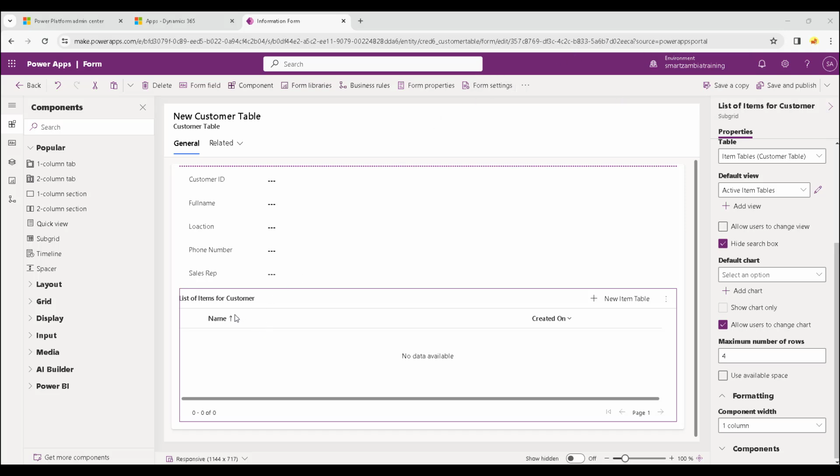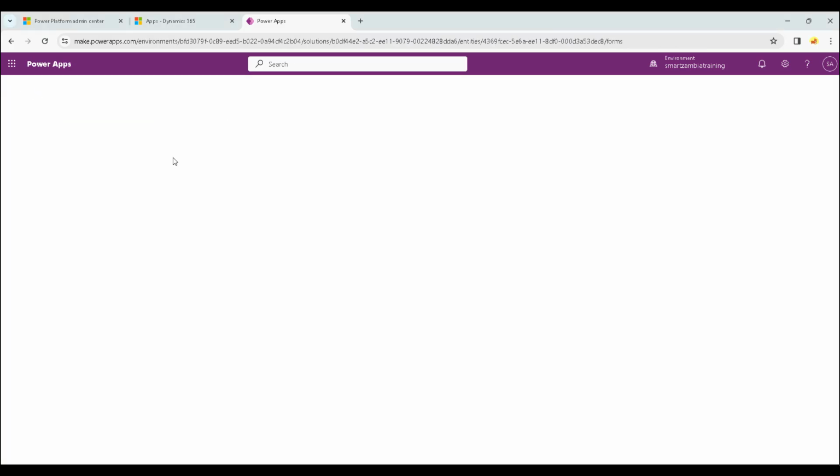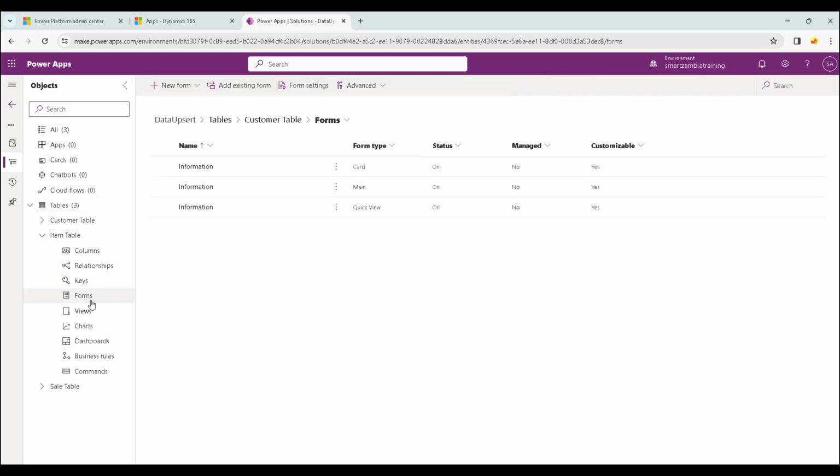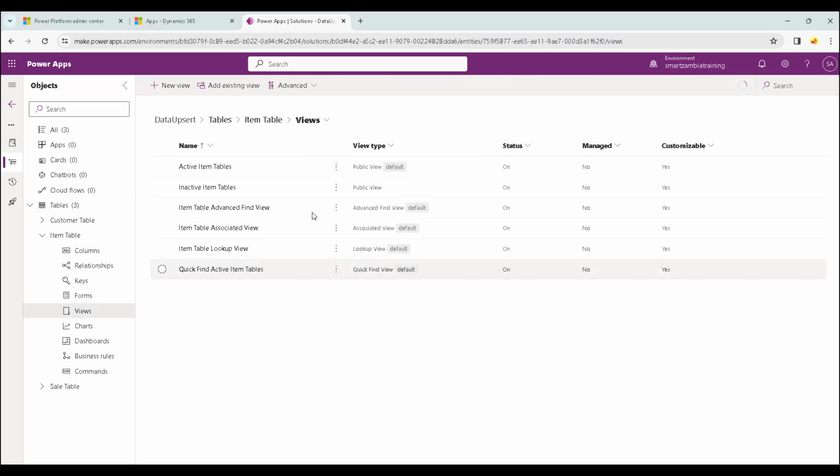Another cool thing is, the columns that you have on this view might not speak to what you want, so you might want to edit them. To go about that, you just go back here. Now you go to the table that holds that record, which is item, then go to views. There's this active item view that we use. So if you click on this,